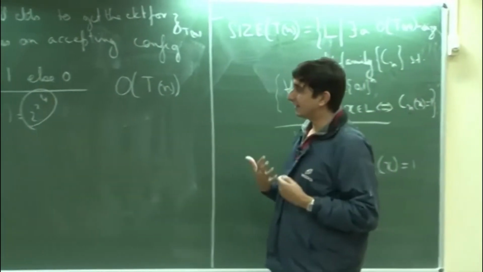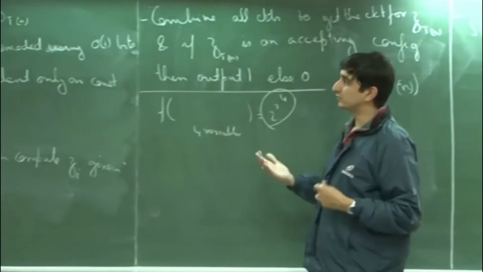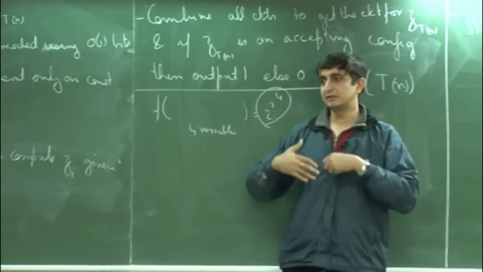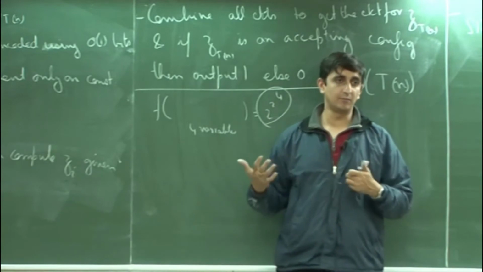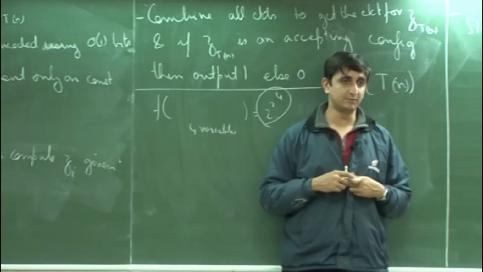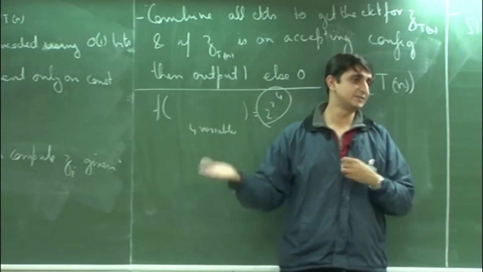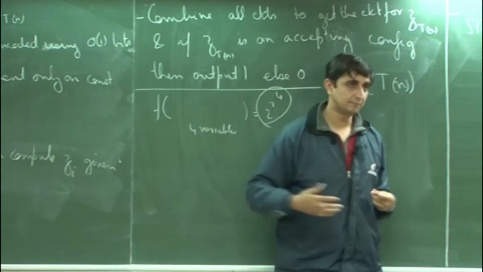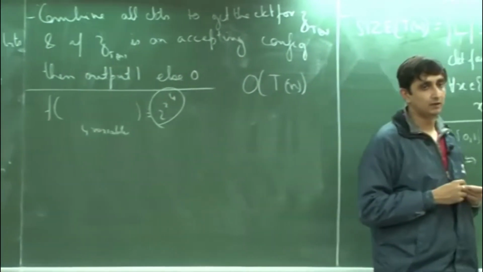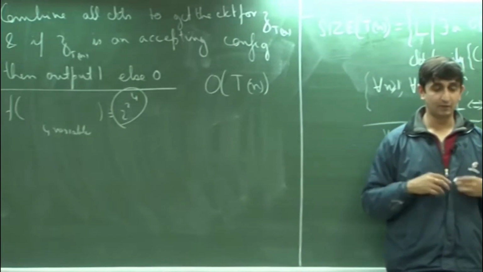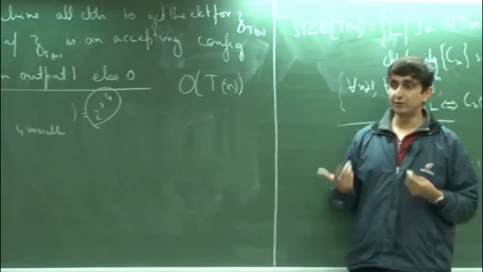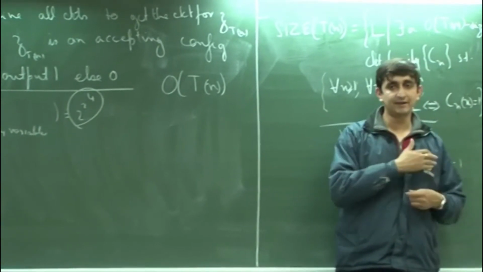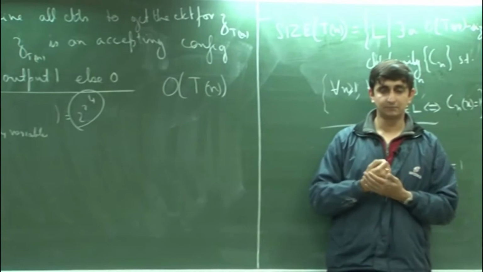So, the essential idea behind this and also the Cook's reduction is that you can very easily go back and forth between this circuit model, or let us say formula, and the Turing machine model. If you have a circuit, you can always simulate it on a Turing machine, and if you have a Turing machine, there is always a corresponding circuit for computing the same thing. The only difference is that since Turing machine is a uniform model, to go to a circuit model, you will need a family of circuits. So, that is the only difference.